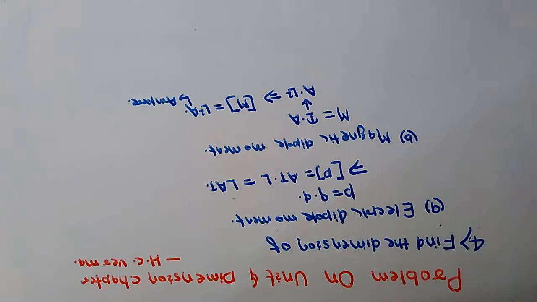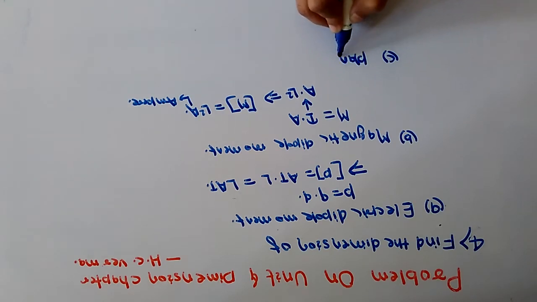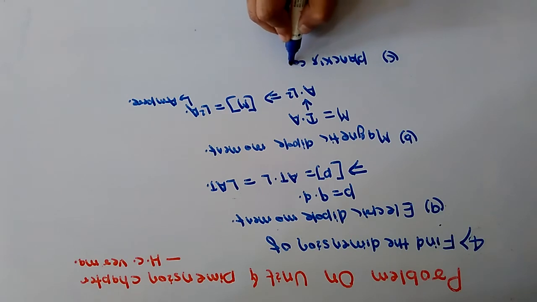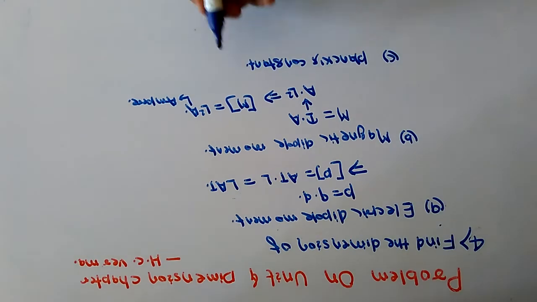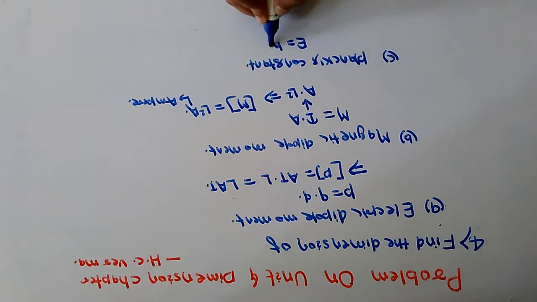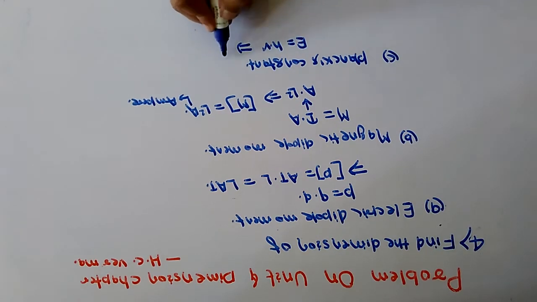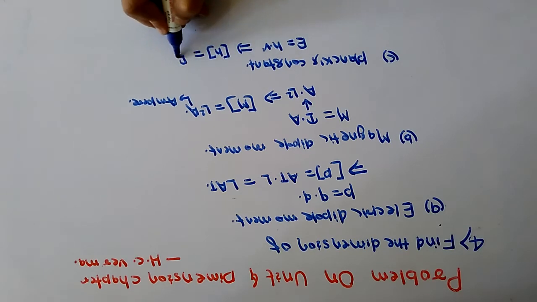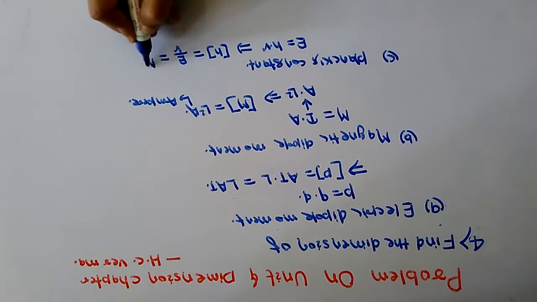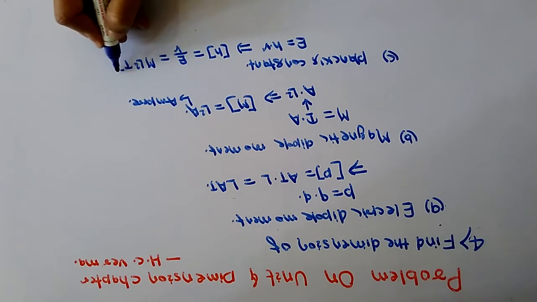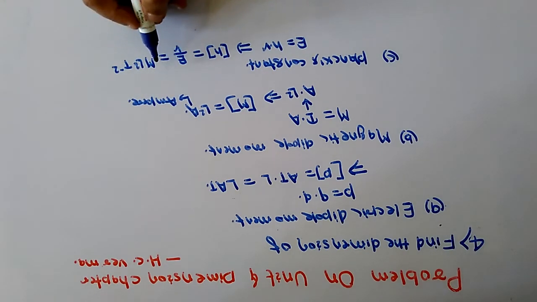Okay, and the next question is to calculate the dimension of Planck's constant. Since we know the formula E is equal to h into nu, from here the dimension of h can be written as E upon nu. The dimension of E is ML^2T^-2. E has the same dimension as work, and work is force into distance, so force is MLT^-2 and distance gets multiplied by L. So the dimension of E will be ML^2T^-2, and that of nu